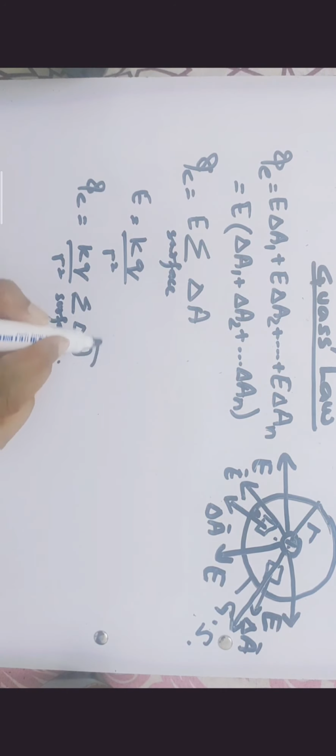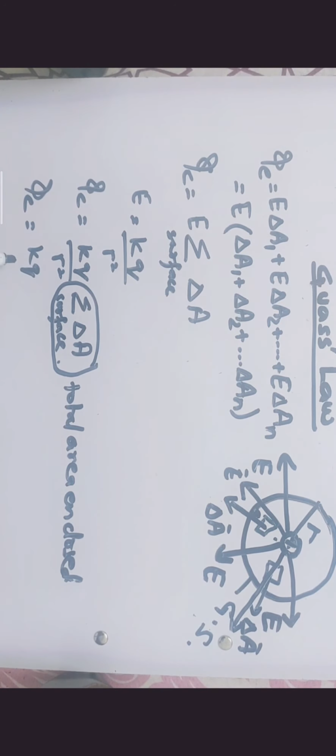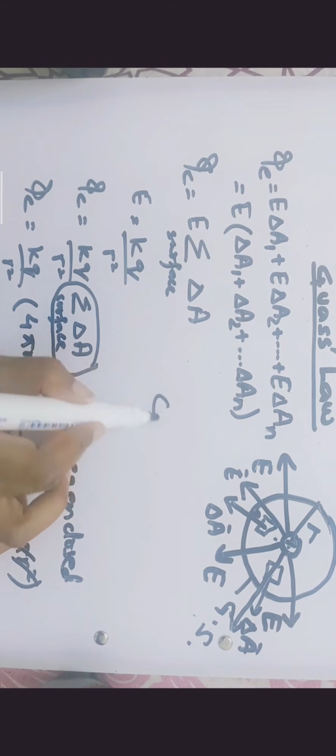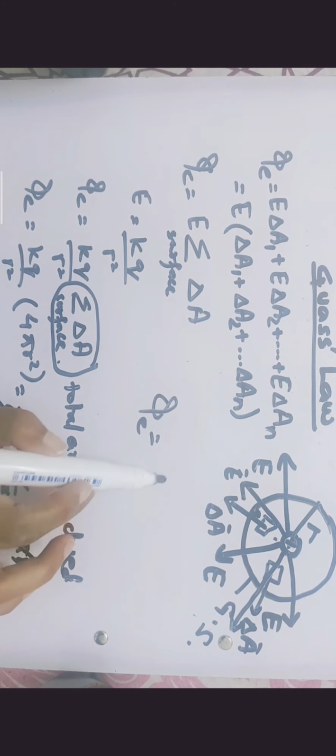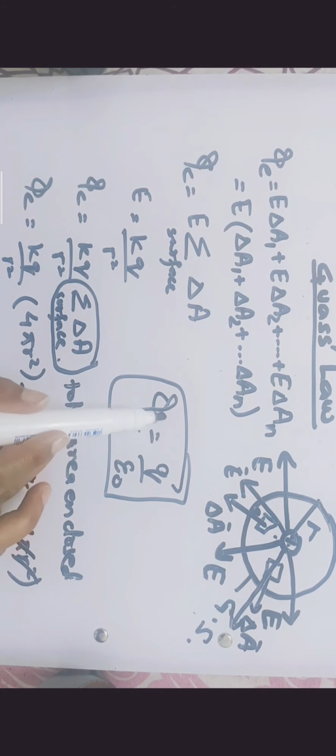Now we know that this summation for the whole surface area is basically the total area enclosed by the charge. So we can also write it like this, and this is a spherical surface, so I can write 4 pi r square, which is basically the surface area of the sphere, right? If I put the value of k, which is 1 over 4 pi epsilon naught, this equation would become like this, and there would be cancellation, and ultimately what would be left is phi E equals q over epsilon naught. And this is basically the formula for Gauss's law, right?